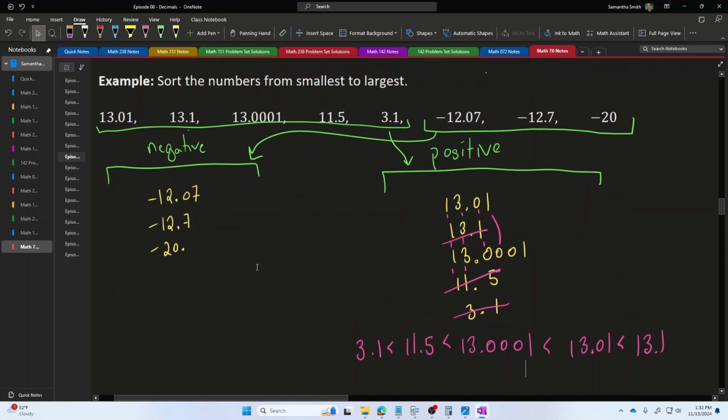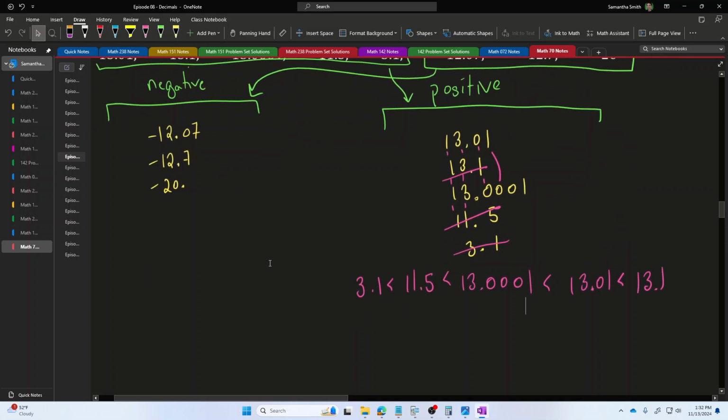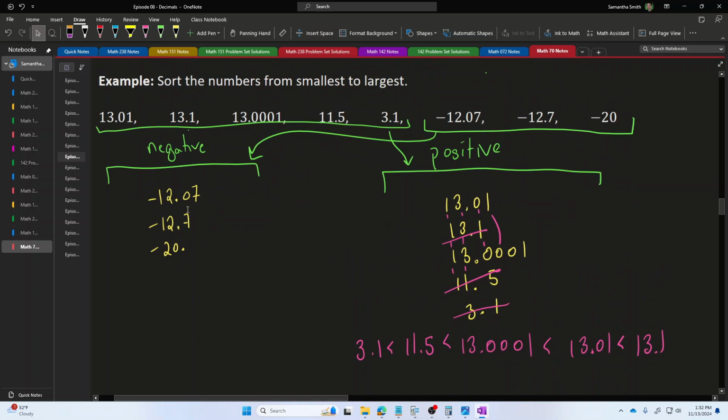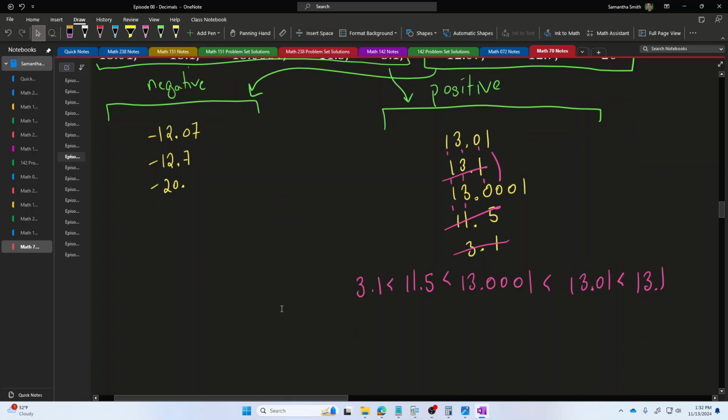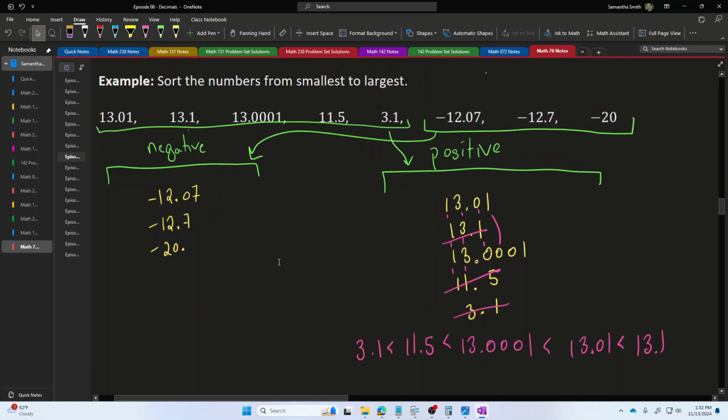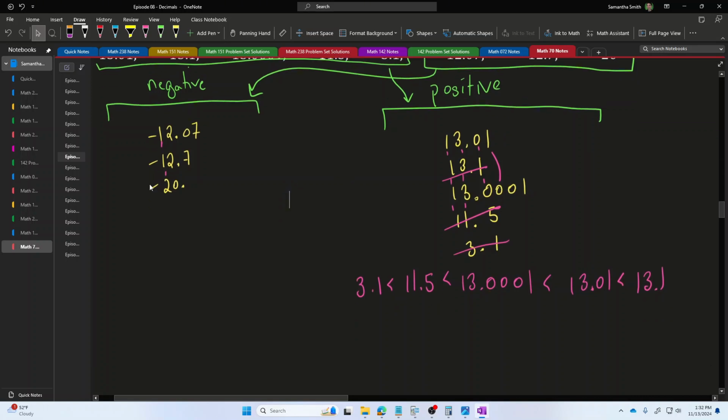Now to sort out the negative numbers in the list, I will need to think about which one of these numbers is the most negative. The one that's the most negative would go all the way on the left side of the list. Now, if I compare the digits in the tens position, the one with the largest number of tens is the third number in this list, negative 20. So this one is going to be the most negative, the worst number in some sense. So it's going to go all the way on the left end.